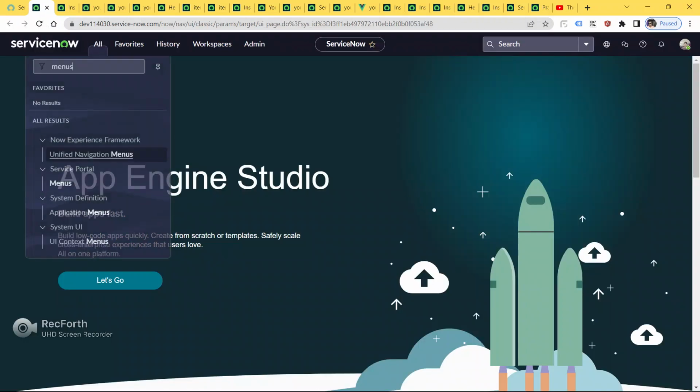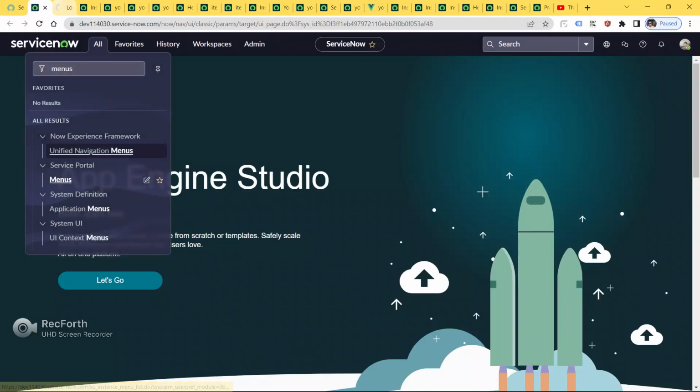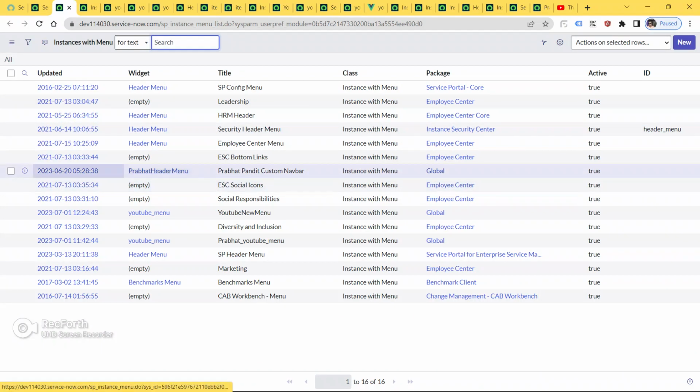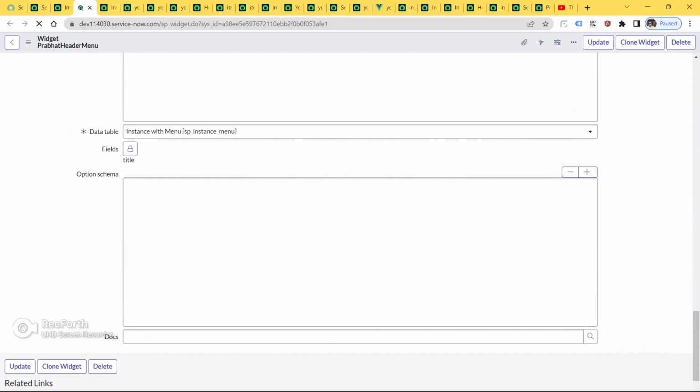Okay, so let me go to the menu, click on the Prabhat header menu.